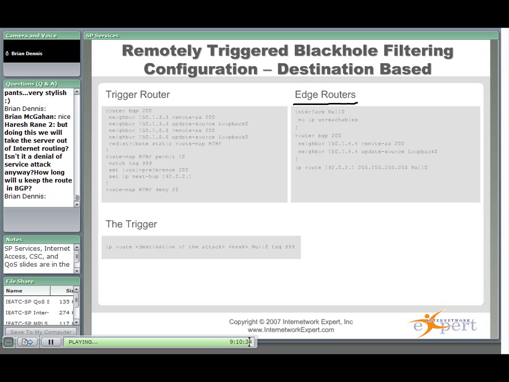Somebody mentioned real quick that doing this would take the server out of internet routing. Yes, but the problem is, when you get a server under a DOS attack in the real world, and let's say you're not working for a big ISP like some of these ISPs here in Reno, these aren't big servers. They've got 300 clients on that server, and what they do is for